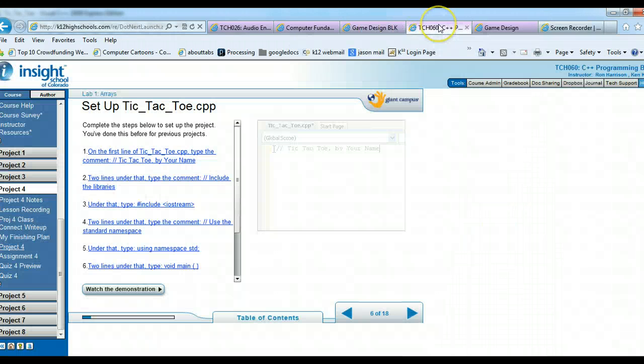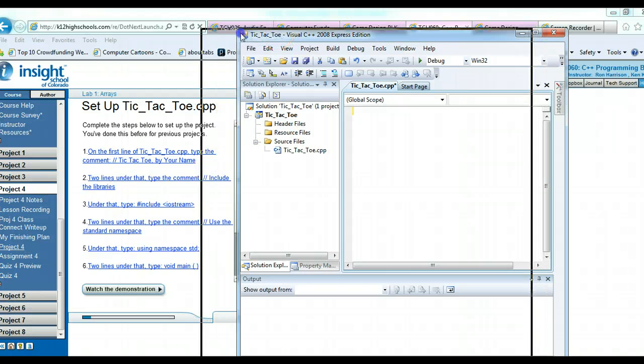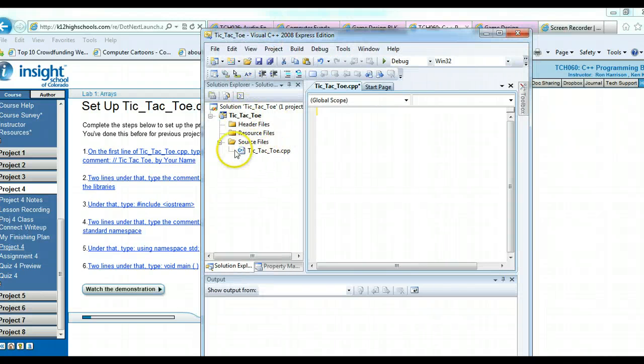Well, hello, welcome to the recording to get you a start on the tic-tac-toe program. Now what I've done, I'm going to pull up my C++. So here's my C++ screen, and you can see on the C++ screen that I've already created the tic-tac-toe.cpp and